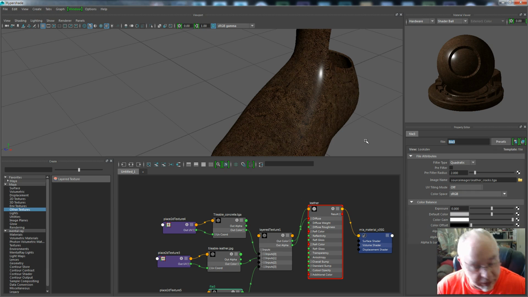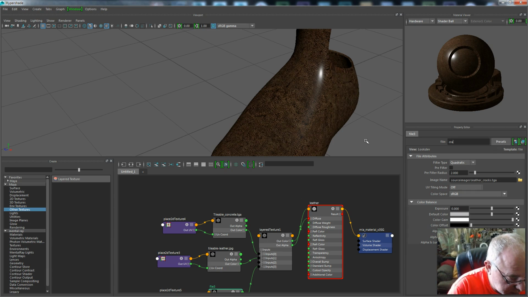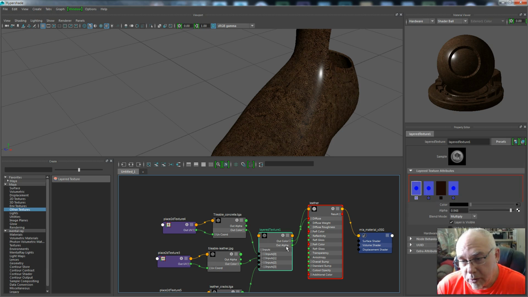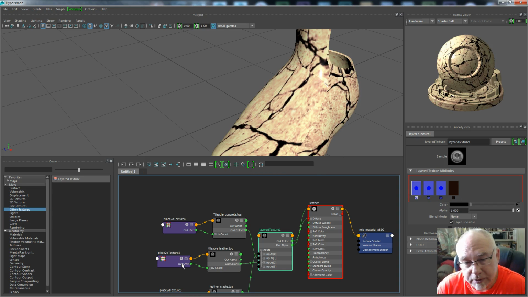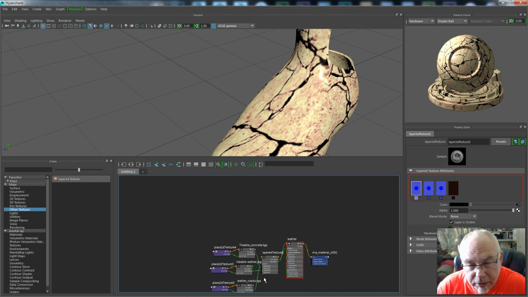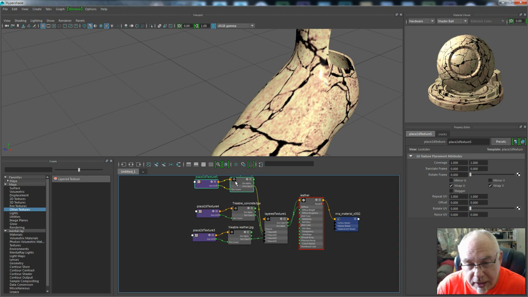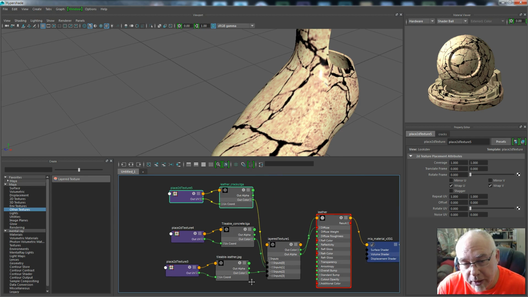Okay, so we want to name this one Cracks. Then back to our layer, and we're going to take Cracks, and we center-mouse-button click it and pull it over here so it's on top. Okay, and I'm going to do the same down here. I'm going to grab these and put them on top, because that way I'm keeping them in the order that